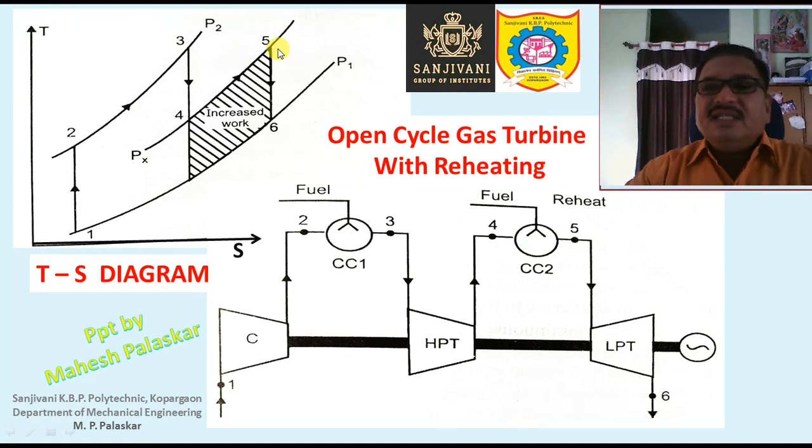Okay, so now this air is having more energy again. Its energy is increased, right? Pressure energy is there, as well as heat energy, right? So at point 5, this air which is having high temperature and high pressure is entering the low pressure turbine, and it expands in the low pressure turbine. That is the process 5-6. So here you can see the 5-6 process. Further expansion takes place in the low pressure turbine, and due to expansion in the low pressure turbine we can obtain the further